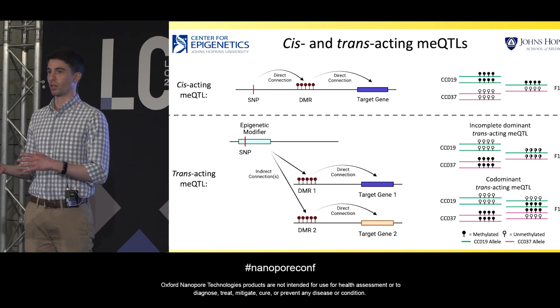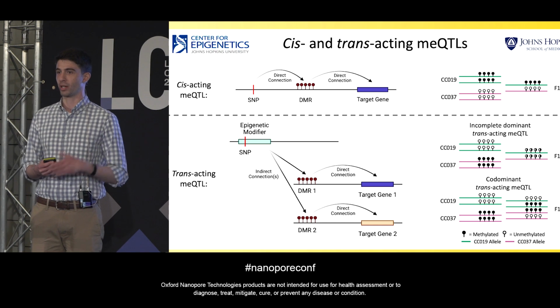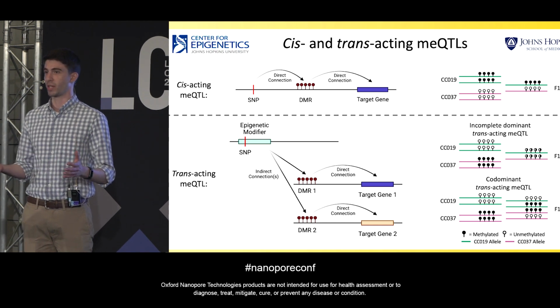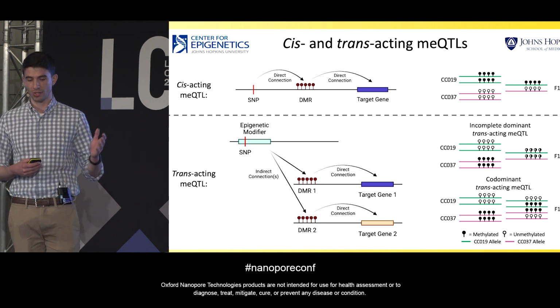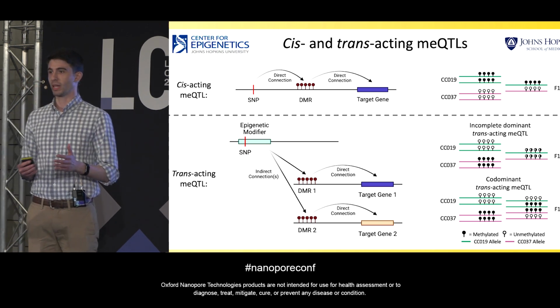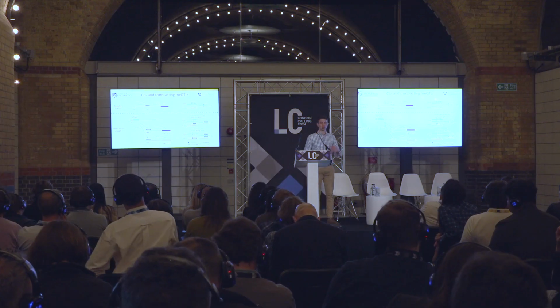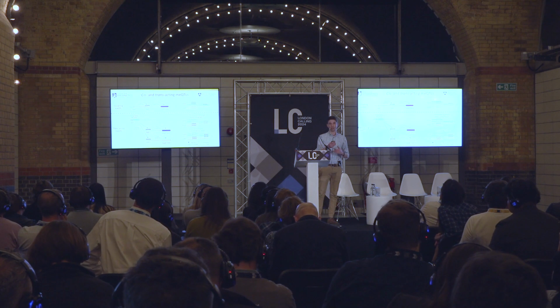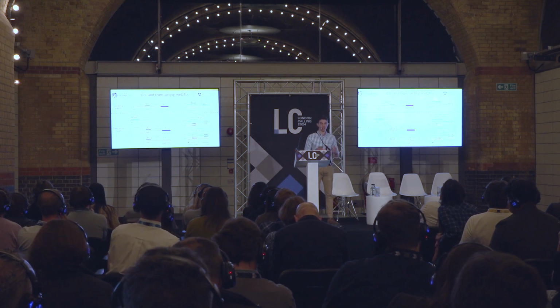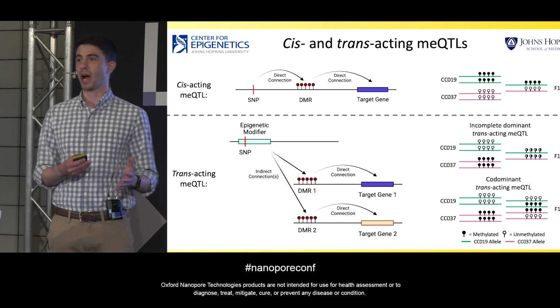Now, this is all in stark contrast to trans-acting MeQTLs, which do not require this direct connection between the SNP and the CpGs of the MeQTL. As such, trans-acting MeQTLs can act over very large genomic distances and can influence methylation at CpG sites on either allele. Now, this introduces a trans-allelic competition between the two genetic variants of the MeQTLs to establish a methylation pattern over the same CpG sites, which further introduces the concept of dominance into trans-acting MeQTLs, which is not present in